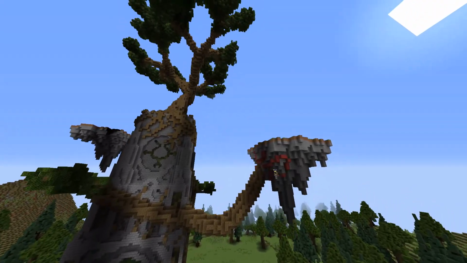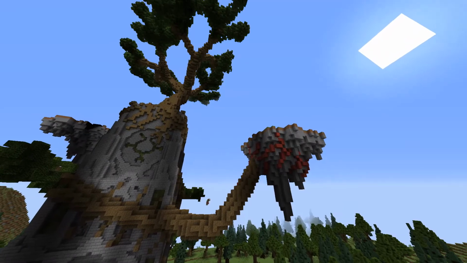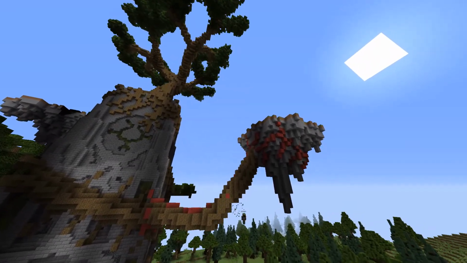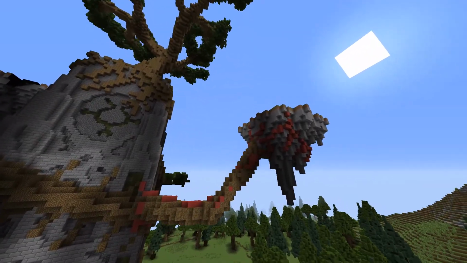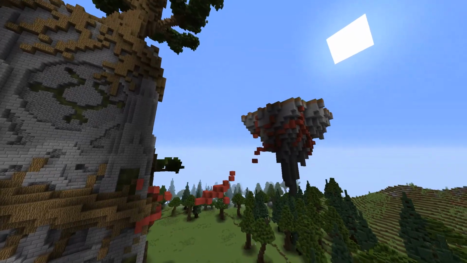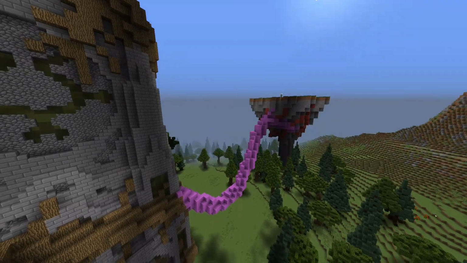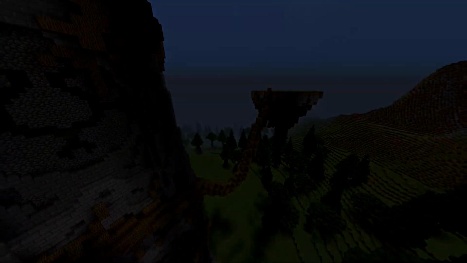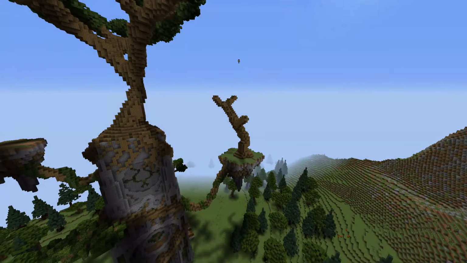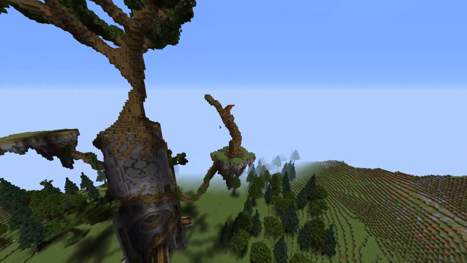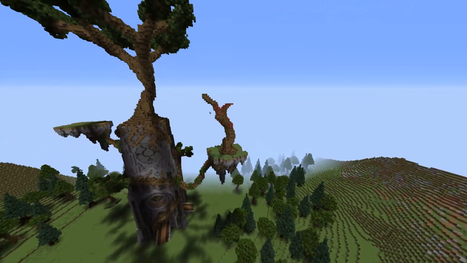But I actually change this design in a minute, but I'm adding all of these roots to the island like it's being gripped on by the root itself. Now I make it smaller because I want it to be more dangly. So I do that, and I do it to the other one as well. I don't want to show you that because it's exactly the same. I add some leaves to it so it makes it look more overgrown. And I start on these two very small